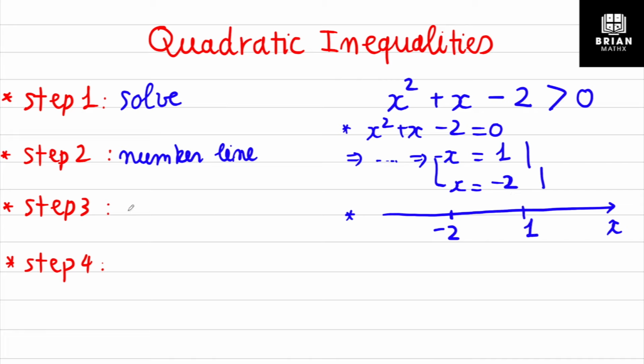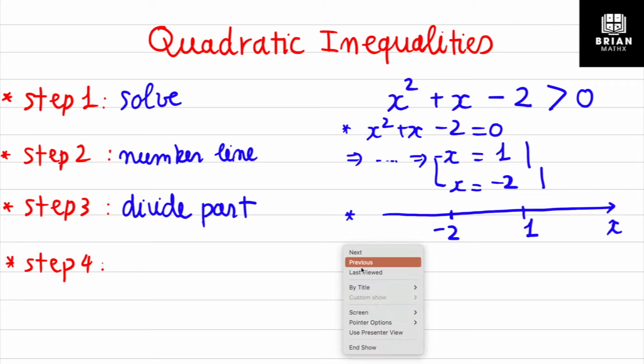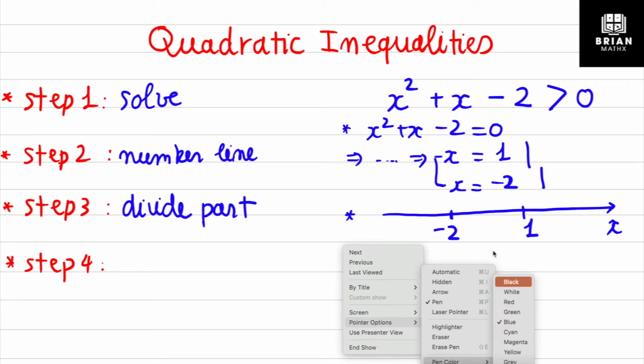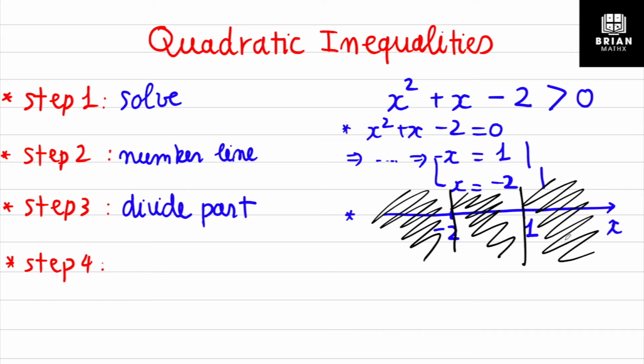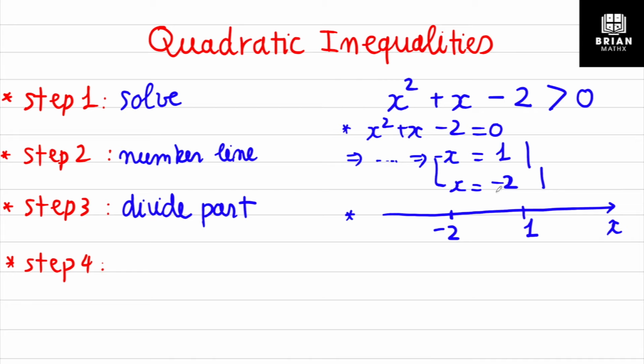Okay, so step 3, you will determine which part, the divided parts. What does it mean, divided parts? You can see that negative 2 and 1 will divide the number line into 3 parts. Look at this. You have the first part here, the second part in the middle of negative 2 and 1, and the last one on the right hand side of 1. Then you will identify the number a, which will tell you